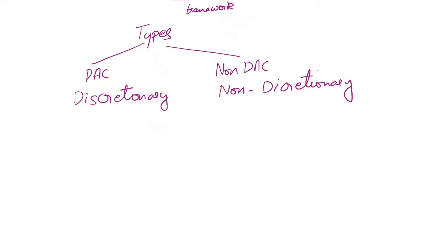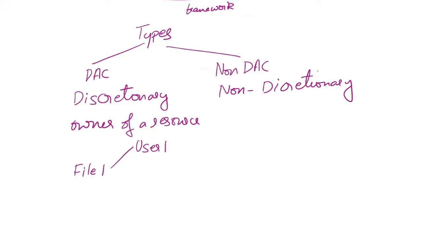The DAC model is a type of access control system where the owner or creator or data custodian decides who can access a resource and what level of access is granted. So the owner of a resource is the decision maker here. Suppose you create a file, naming it file 1. You decide that user 1 can access this and has only read permissions on this file. And then there is user 2 who can read as well as write to this file. So you are the owner of this file and you are deciding what access the other users will have on